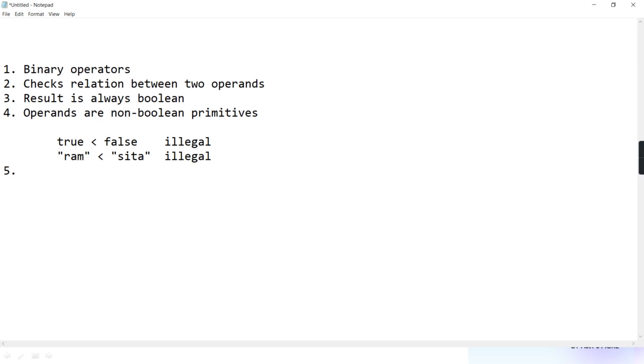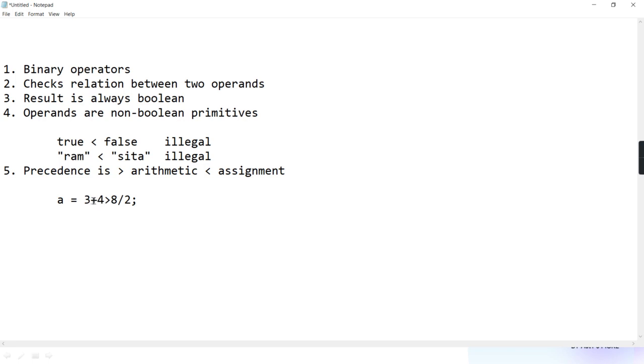Then, precedence is greater than arithmetic, but less than assignment. Meaning, suppose I am writing a = 3 + 4 > 8 / 2.